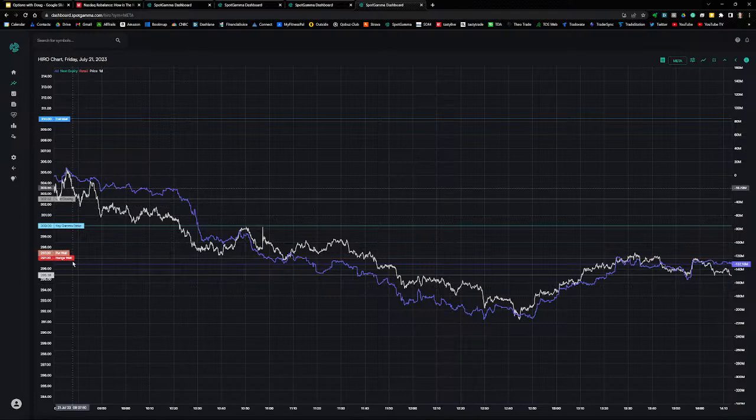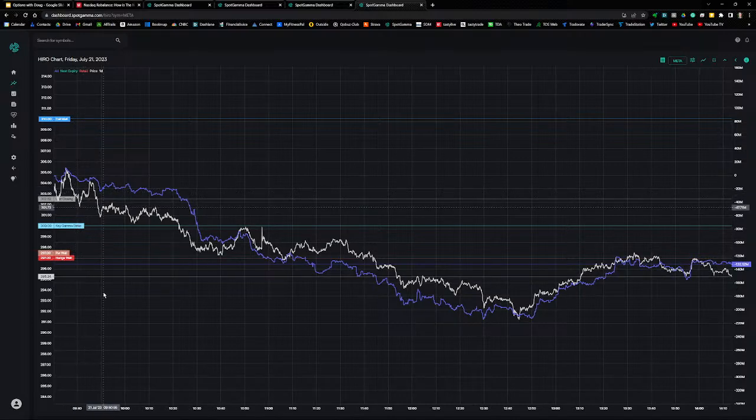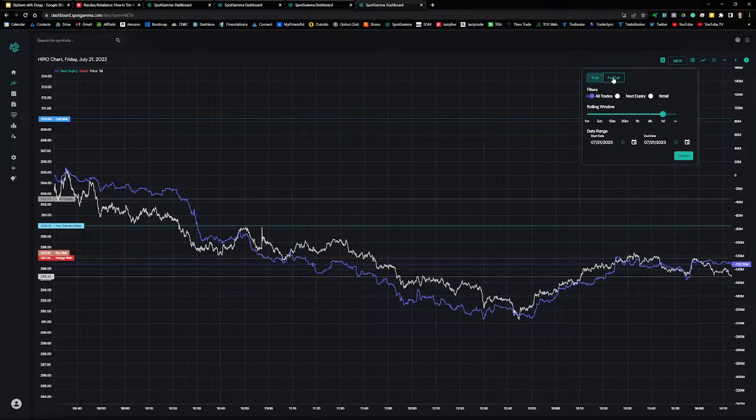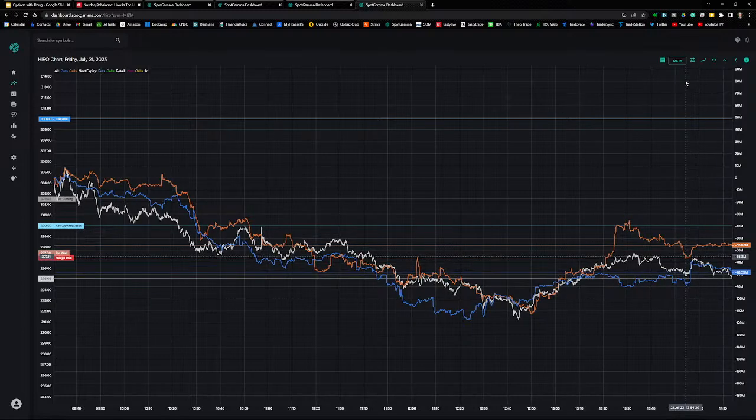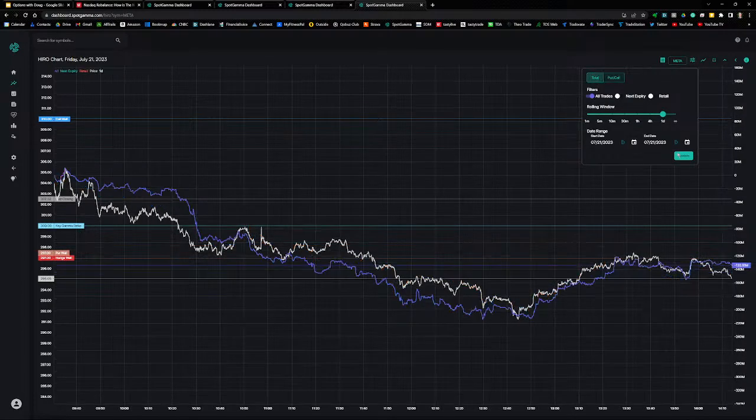And note 297 is the put wall, and price moved through that level and traded lower. Now it looks like it may be up to that level again. That's the put wall and the hedge wall at 297. Traders are buying puts and selling calls. Both numbers negative. Let's go take a look at Bookmap.